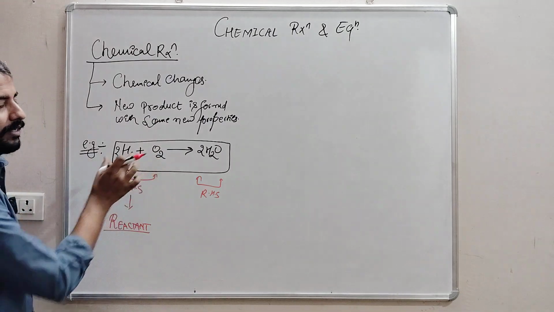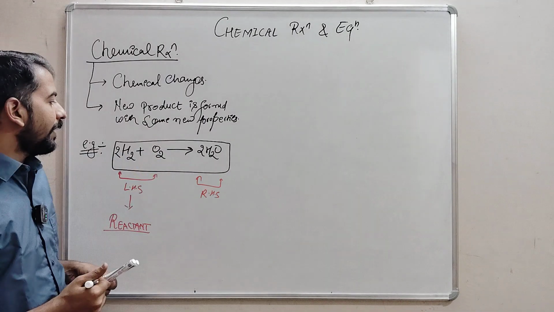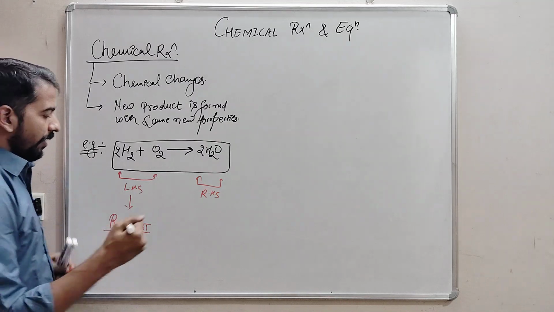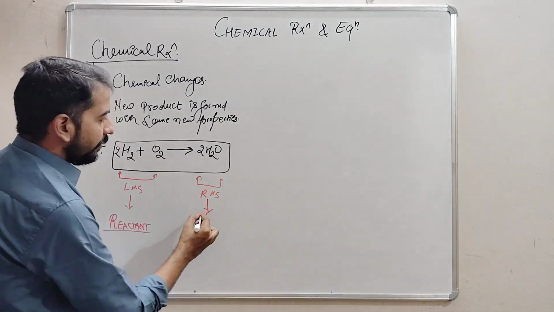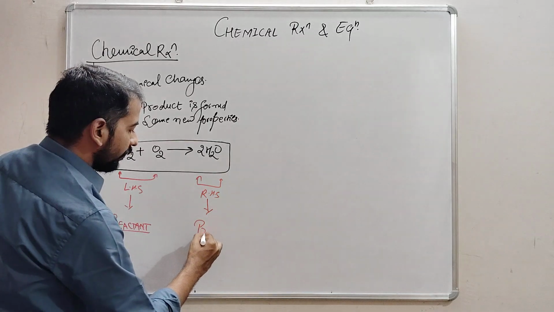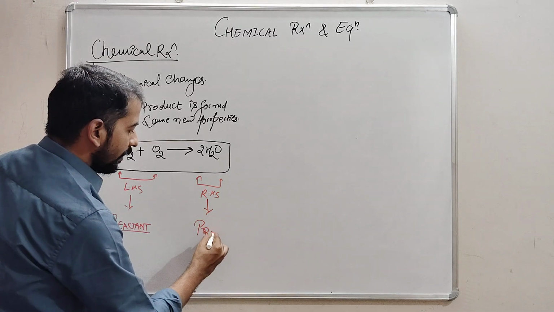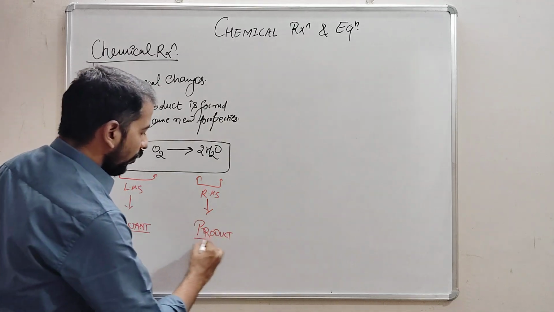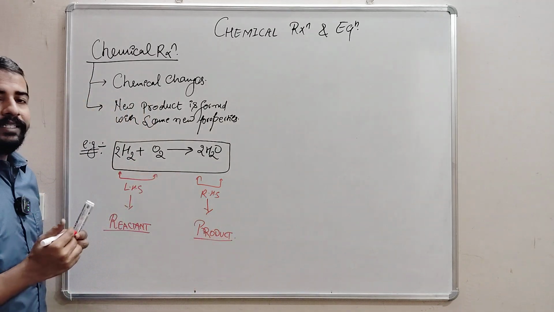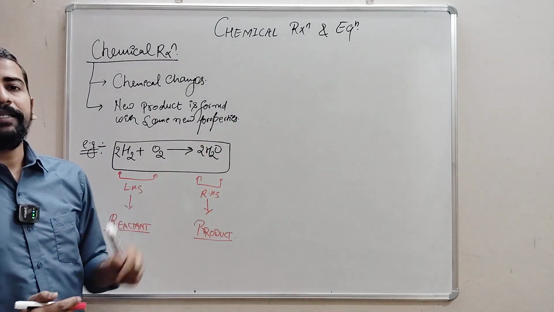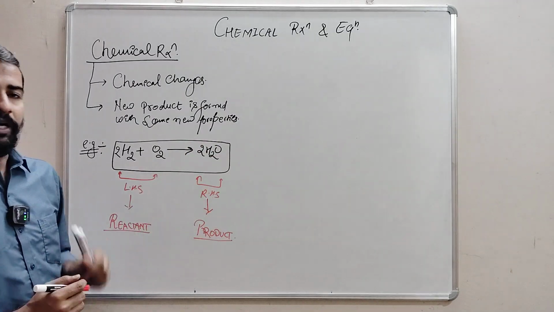This side, whatever the compounds are there or molecules are there, that is known as a reactant. While right hand side, whatever the things are formed, it is known as a product. ओके, तो लेफ्ट हैंड साइड की चीजों को क्या बोलते हैं? रिएक्टेंट बोलते हैं। राइट हैंड साइड की चीजों को क्या बोलते हैं? प्रोडक्ट बोलते हैं।